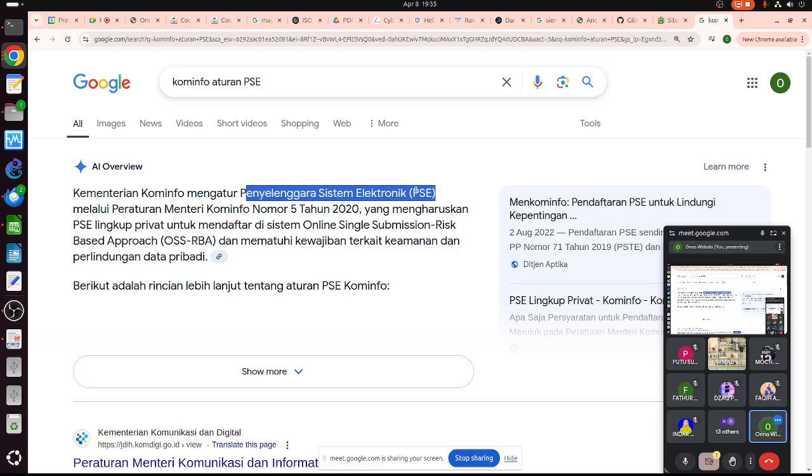So everyone who deploys an application for the public, not an internal application,